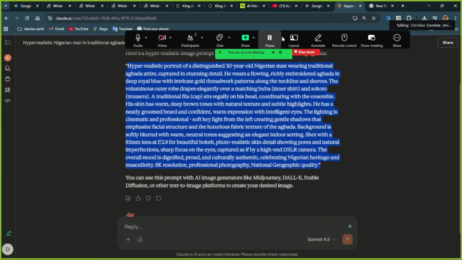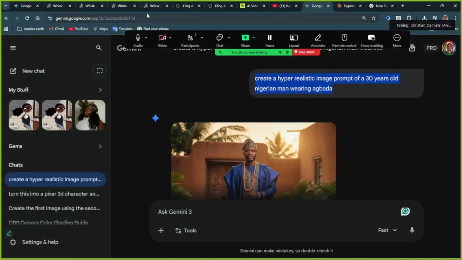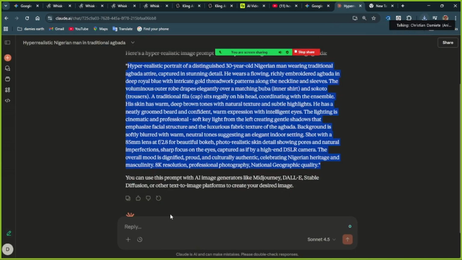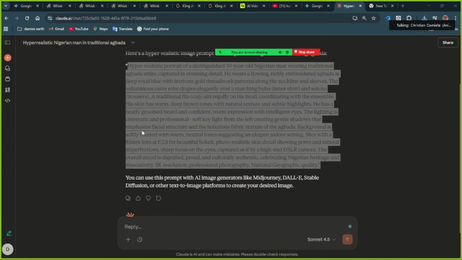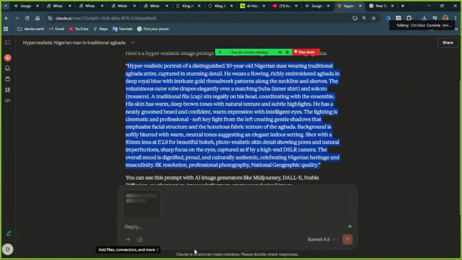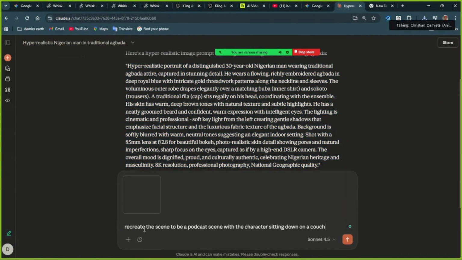I'll take that character now. You see this guy that Wix gave us. I'll download him, take it into Claude AI, and paste it. I will now paste my prompt here. I'll say give me